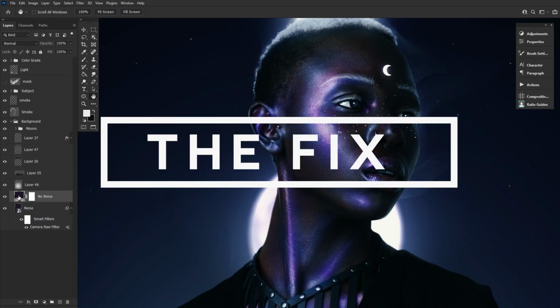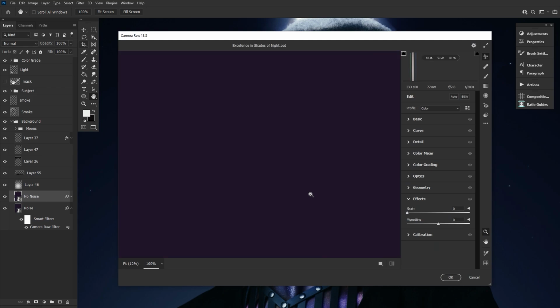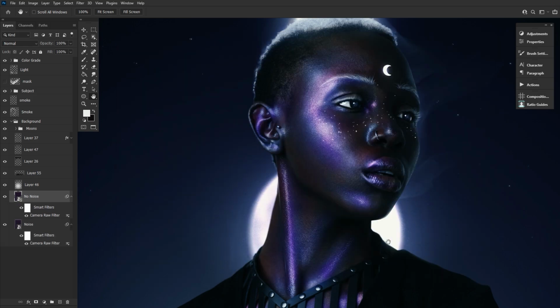Now, if you use a ton of textures, especially from traditional mediums like watercolor, manually adding in grain will be less of an issue. The grain adds a consistent texture, so you're good to go if you achieve that texture in other ways. So, the fix. If you're using high quality photos like those found at neostock.com, then you can add a nice subtle grain right at the end. I like to use either the grain filter in Camera Raw found under the Effects tab,